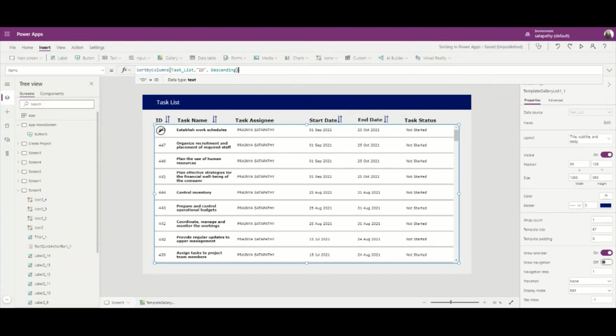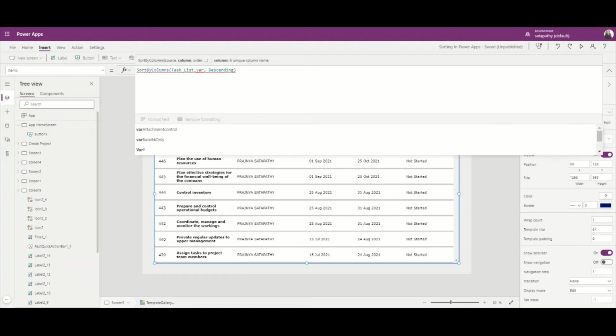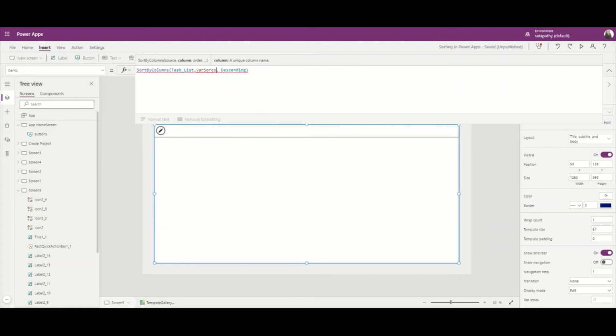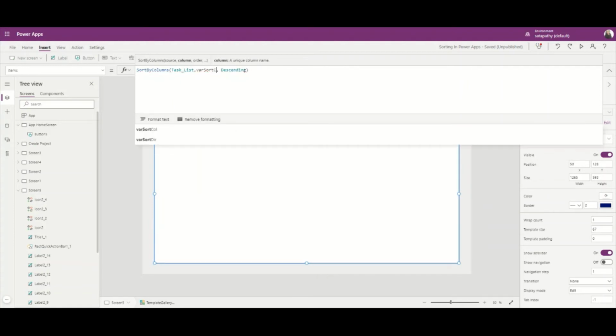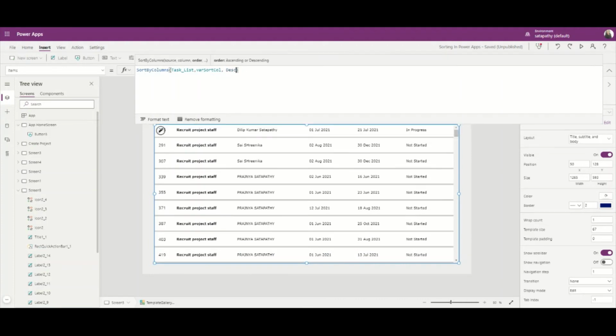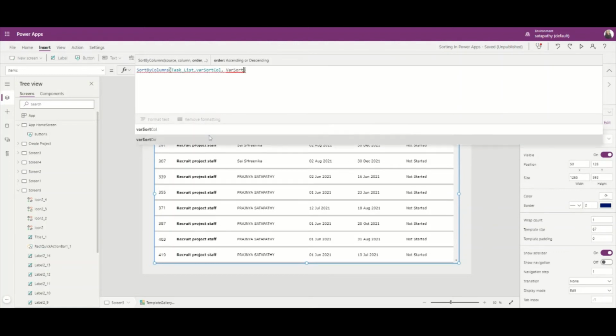So let's see now the Items property of the gallery. As I mentioned earlier, the task list gallery is sorted by the ID in descending order. So let's make it dynamic by setting the variable varSortColumn, and let's make the sorting order dynamic by setting the variable varSortDirection.